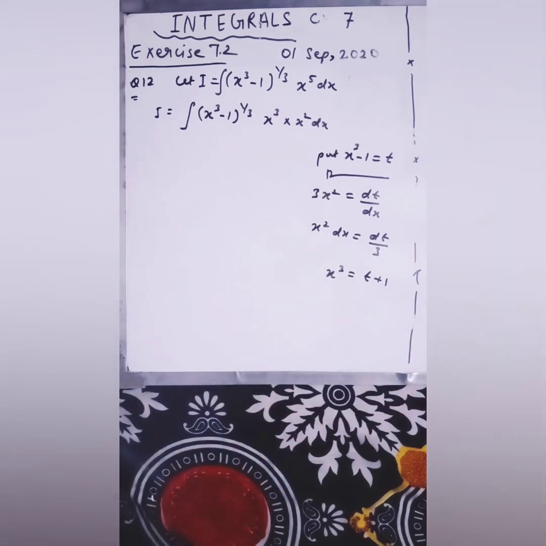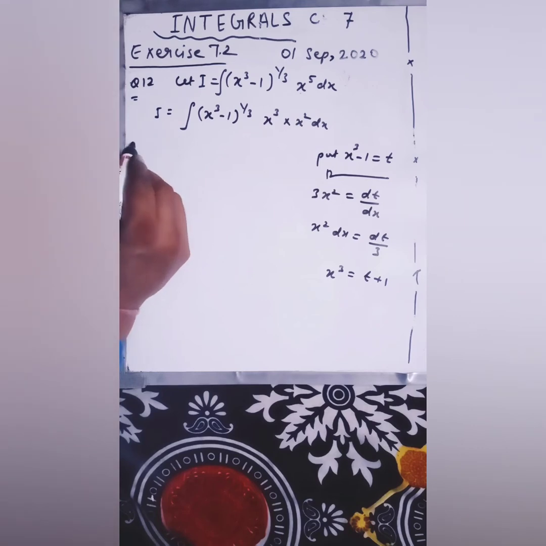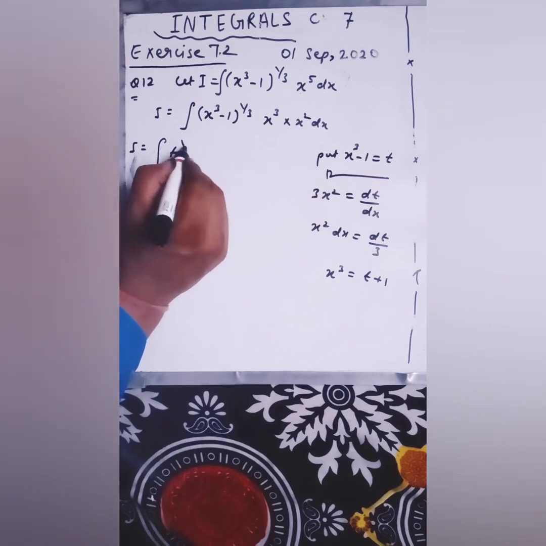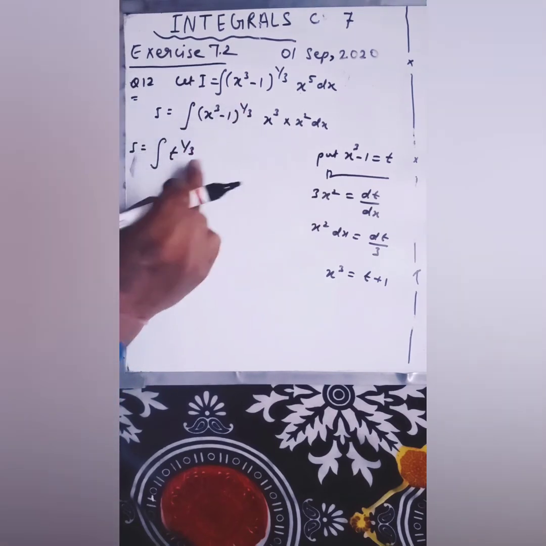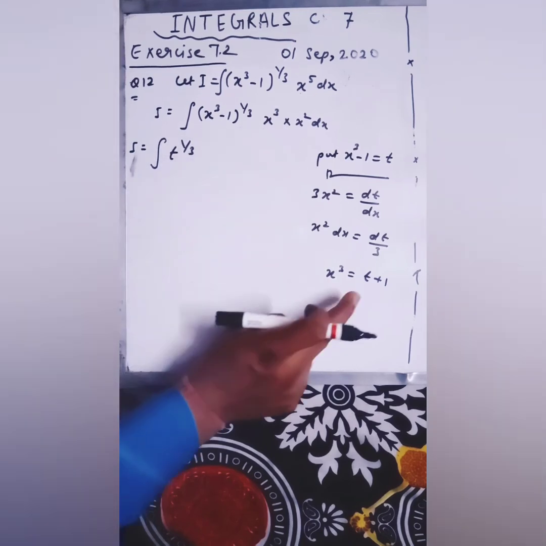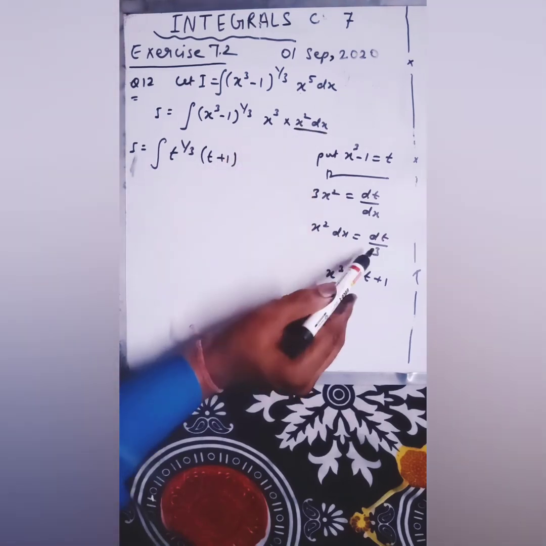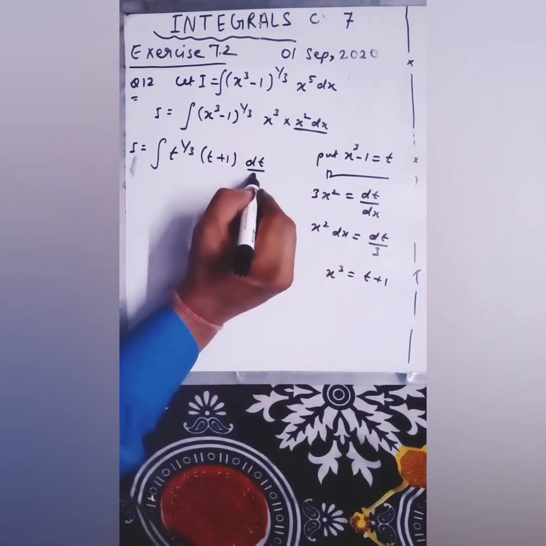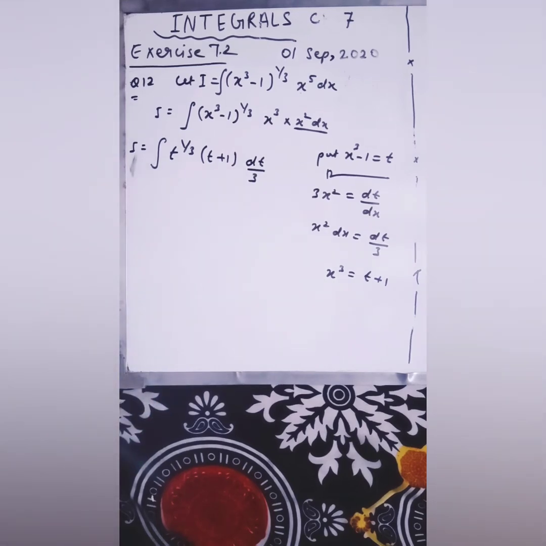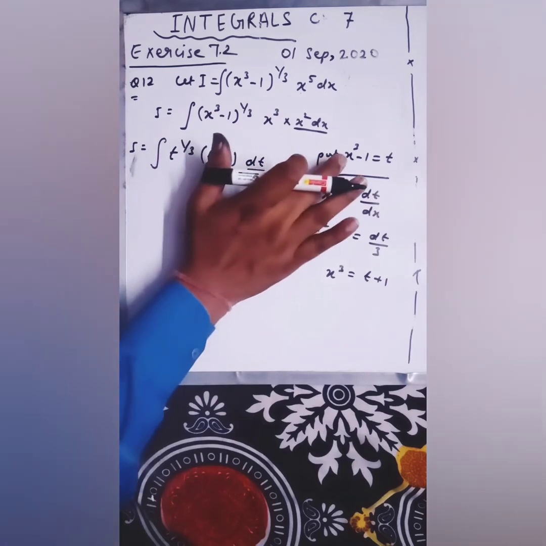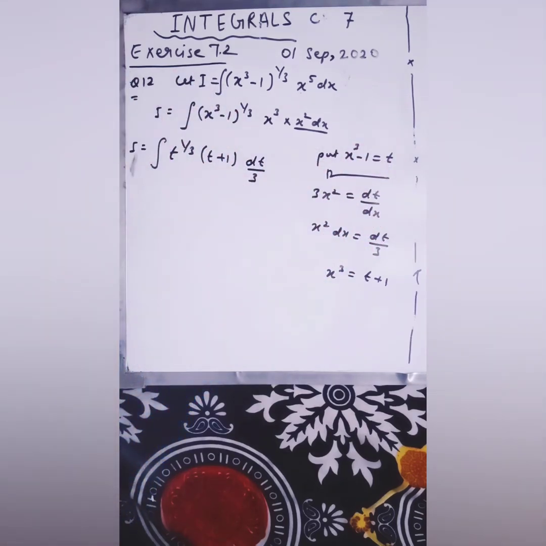Now see how you will do this question. So I is equal to the integration of x cube minus 1, this is your t. So t raised to power 1 by 3 you can write. In place of x cube I am putting t plus 1, and in place of x square dx you have to put dt by 3. We have to convert all x into t. If you are putting t equal to x cube minus 1, you have to convert all x into t. If you are not able to change x into t, then you cannot solve this question by the substitution method. Please remember that.